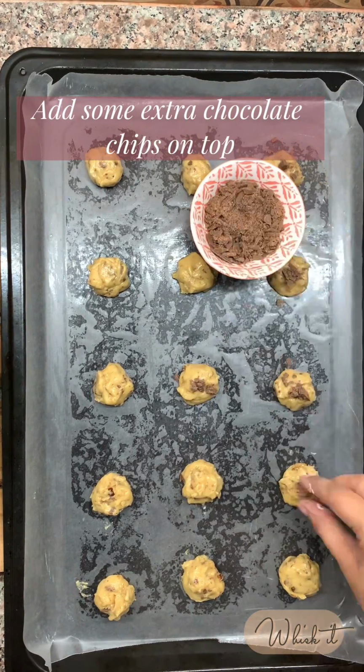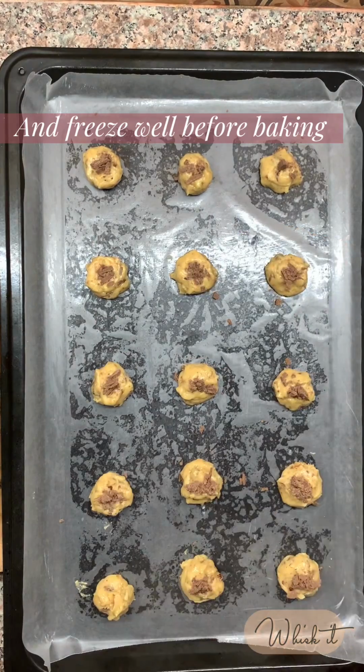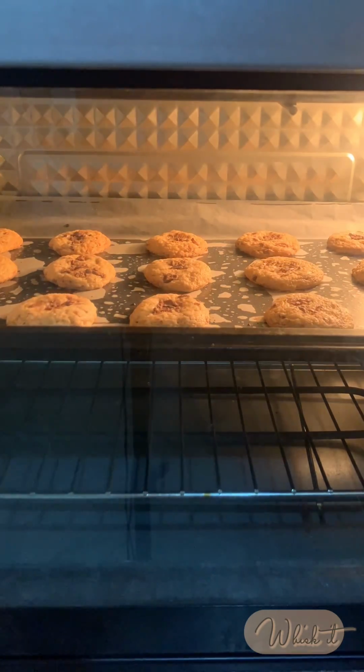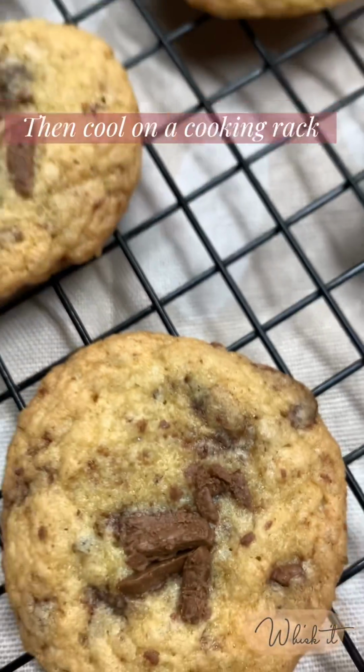Add some extra chocolate chips on top and freeze well before baking. Bake for 10 to 13 minutes at 180 degrees Celsius. Let cool for 5 to 7 minutes. Then cool on a